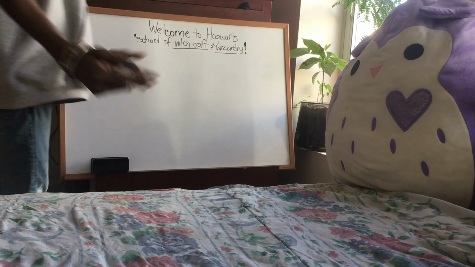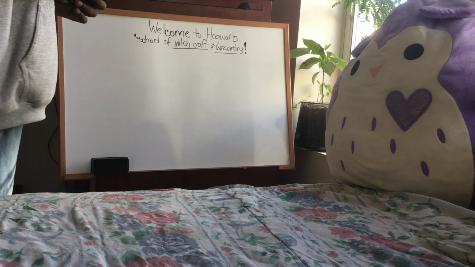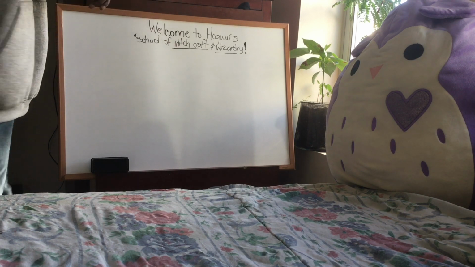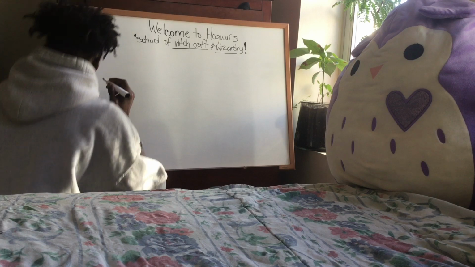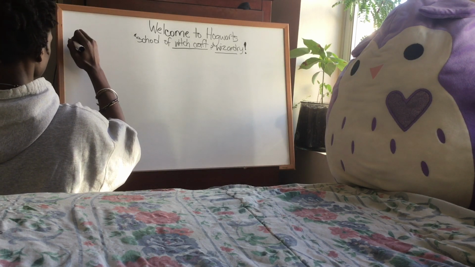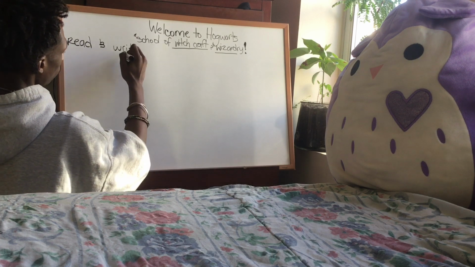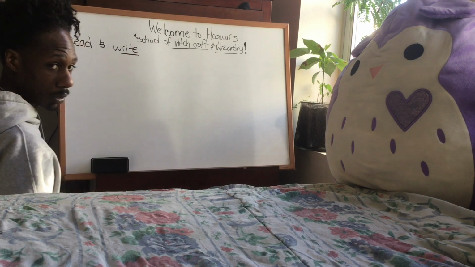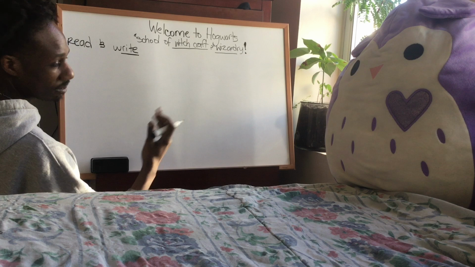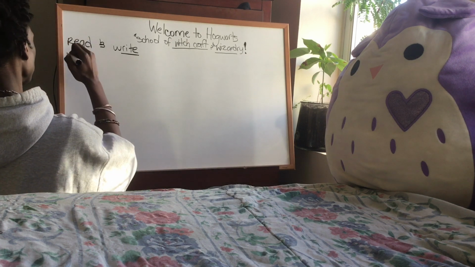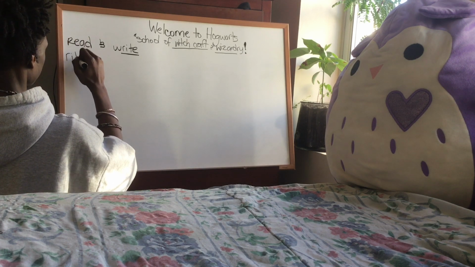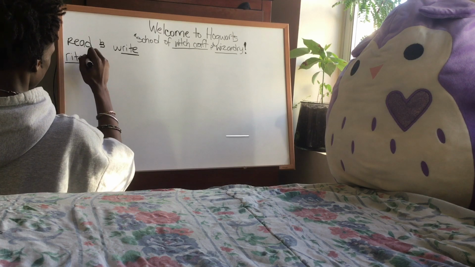So when we go to school, right, we learn how to read and we learn how to write. So I'm going to write this down. We learn how to read, right? Now, within this word write, you have another word, right. You have the word right and write. Now, the word right, okay, just breaking this down.